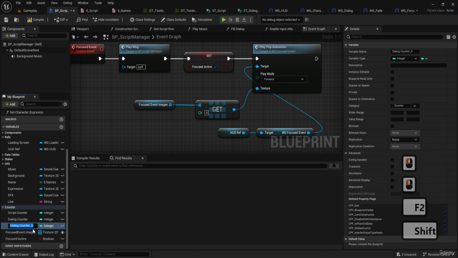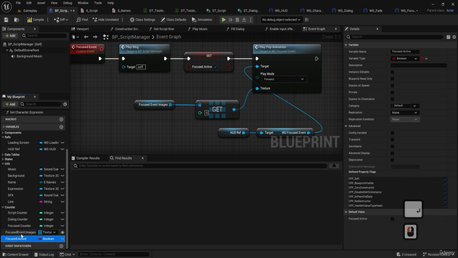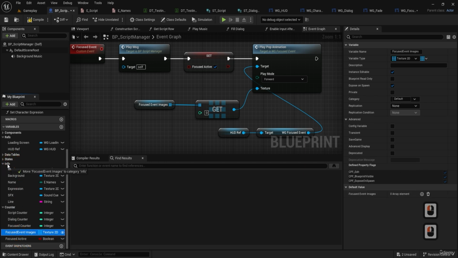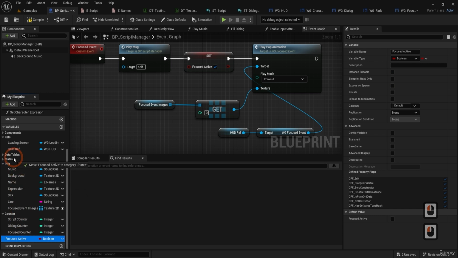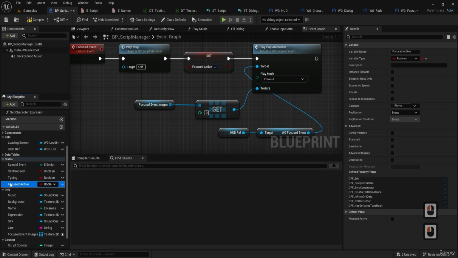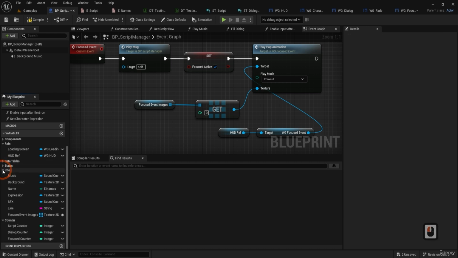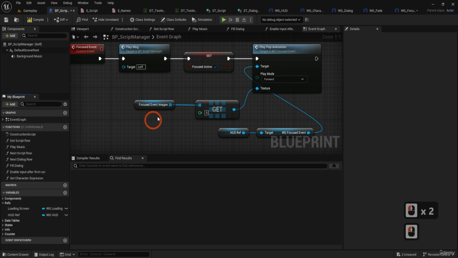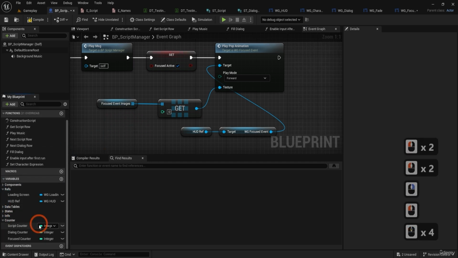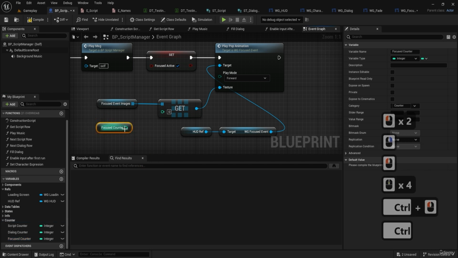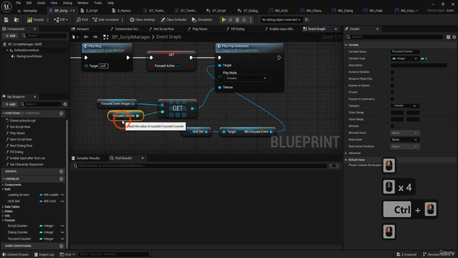It's focused counter, and the new variables, let's move them into info. Focus active should go to states, because it's a state, it's focused is active, so that's a state. Okay, now with our focused counter, let's bring it here, connect it to this,